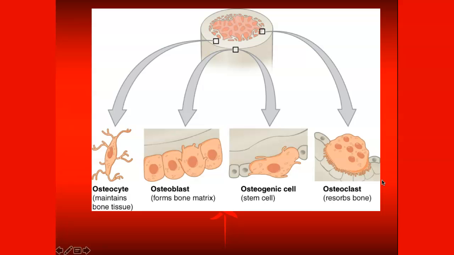So our osteoclasts are responsible for bone reabsorption or bone breakdown. And they're found on bone surfaces. And if you look at this one, notice that they're multinucleate. These other ones are singular, or uninucleate, whereas these osteoclasts are multinucleate. And they originate from monocytes and macrophages, so think white blood cells. They actually don't come from osteogenic cells, which makes them unique. So osteogenic cells will turn into osteoblasts, which then turn into osteocytes. But osteoclasts come from the family of white blood cells, and they continually break down old bone,